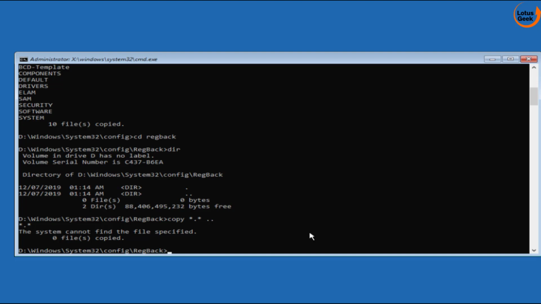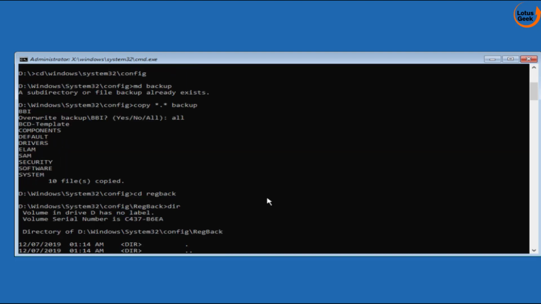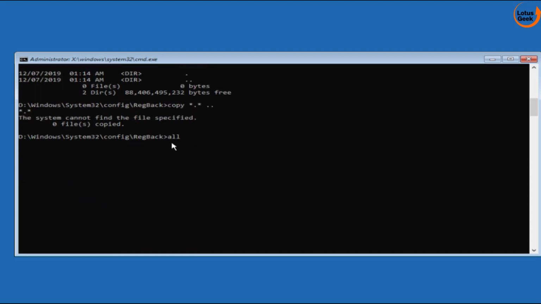But at your end few files will be copied in your system and after that, at this point of time you need to choose the option all, the same option that we have chosen over here. So here also you need to type ALL again and then hit the enter button to continue.